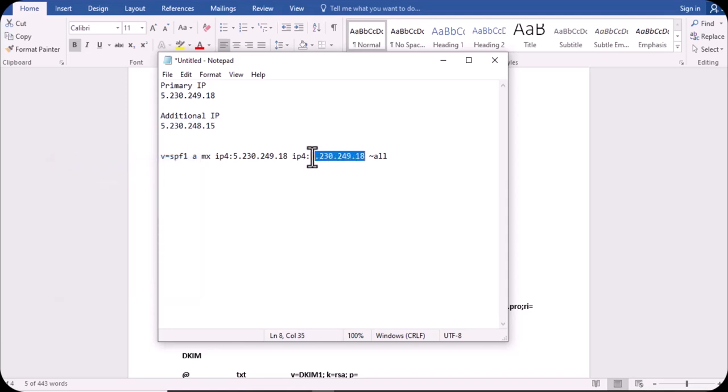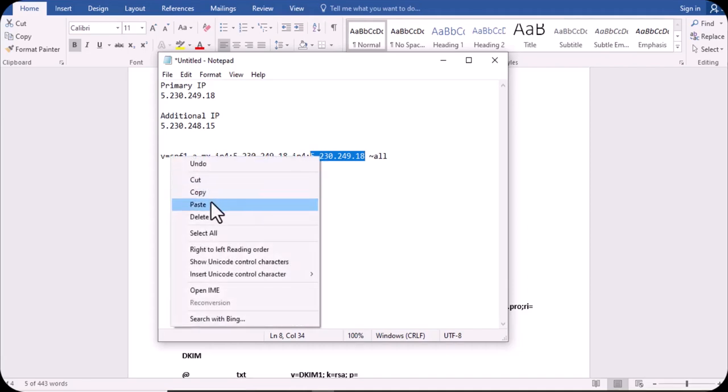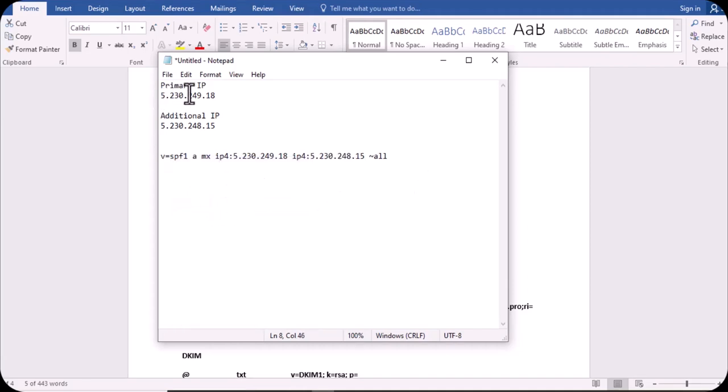If you have 3 IPs, 4 IPs, 5 IPs, follow the step, but just make sure that your primary IP comes first. Alright, so after arranging it, as I've said, make sure your primary IP comes first, then your additional IPs will now follow. So all you have to do is to copy everything,